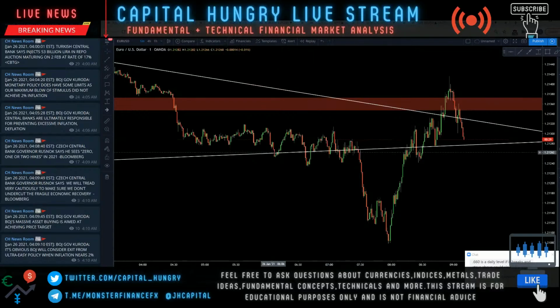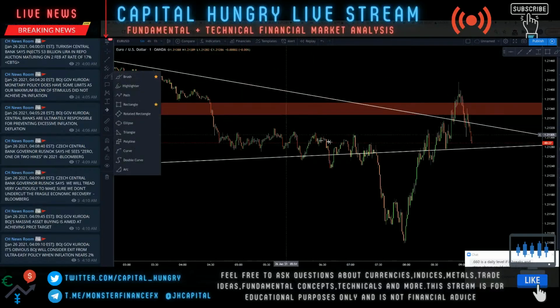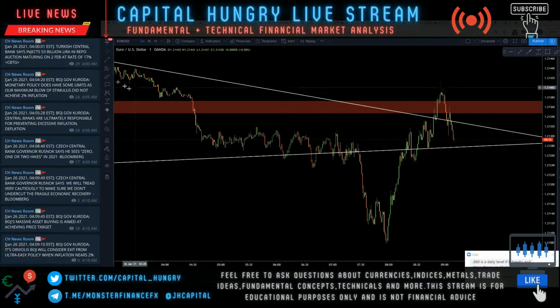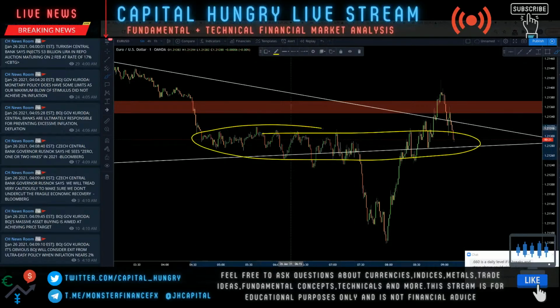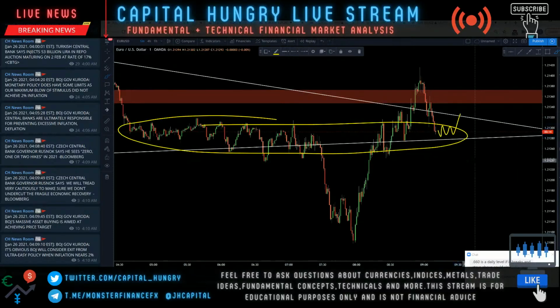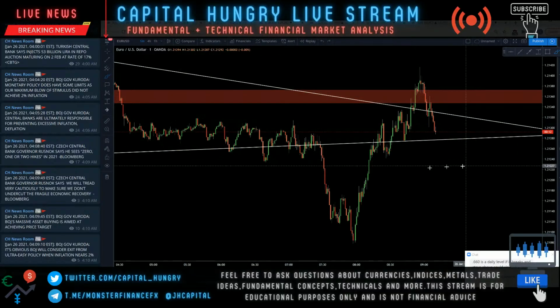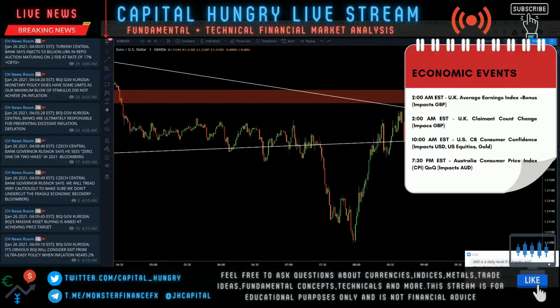EU is coming to finally retest the order block here on this hourly candle. I want to see if we remain above here and create a flat candle body support. And I want to see what the US dollar does until Asian session close. What do we got going on through New York today? Consumer confidence report at 10 a.m. Eastern. New York might be pretty slow unless Biden's going to bring some heat.